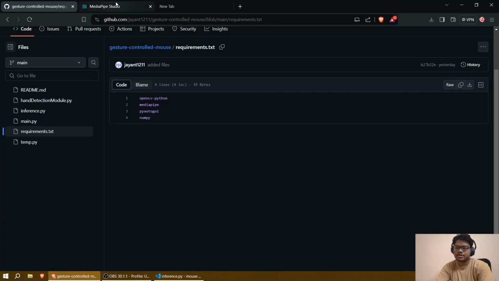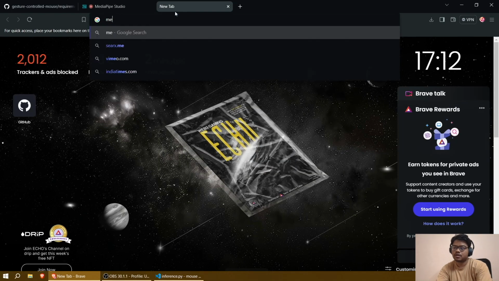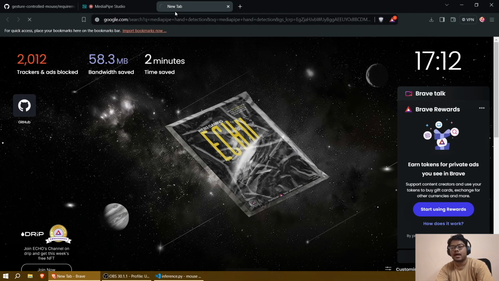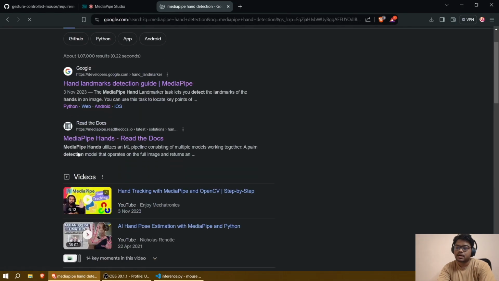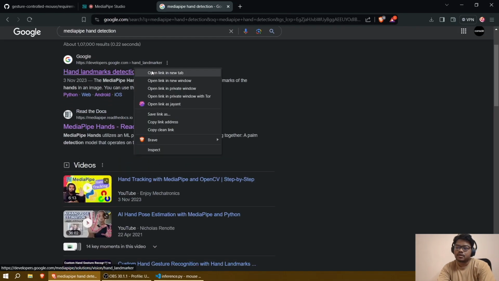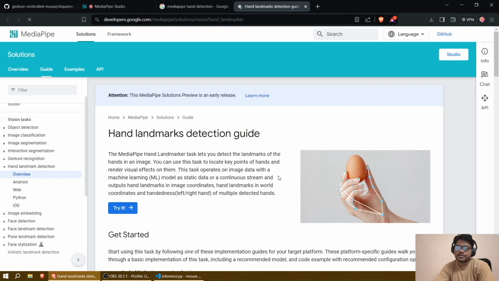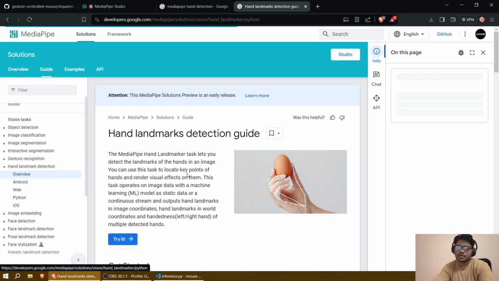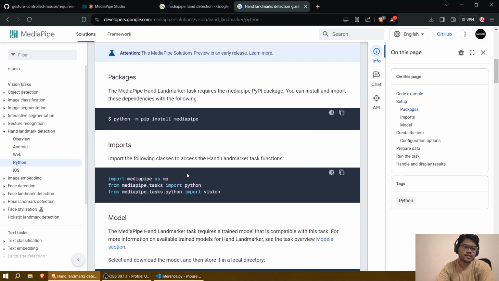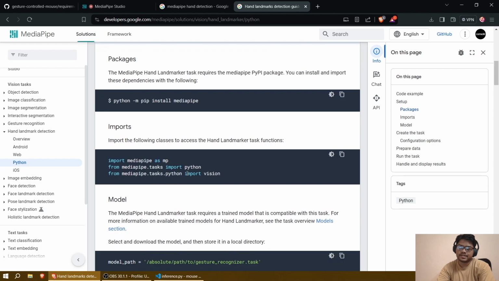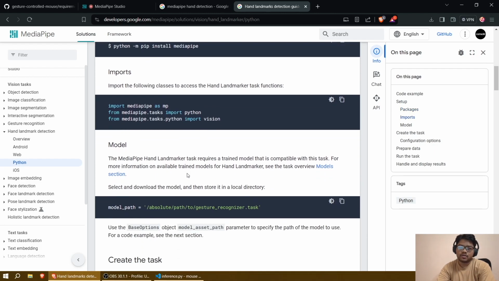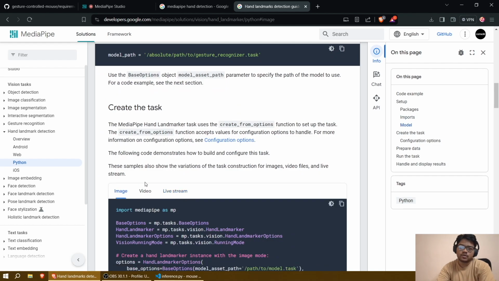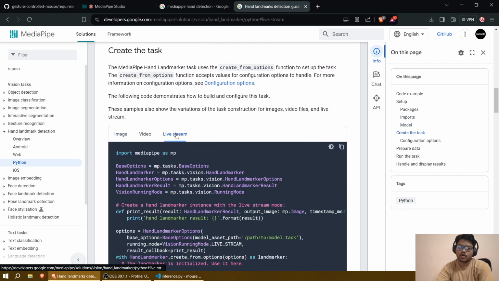To get the code, simply search for mediapipe hand detection, and it should give you this result. The first site, open it, and if you see the Python code examples, click on the guide. Here are the steps given, like a step-by-step guide to how to get it working locally on your machine. Well, I find this guide a little hard to follow,